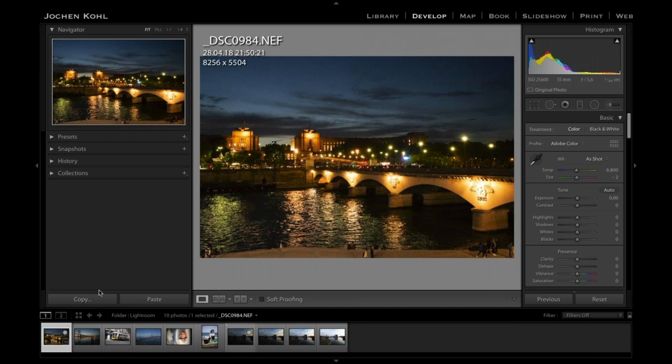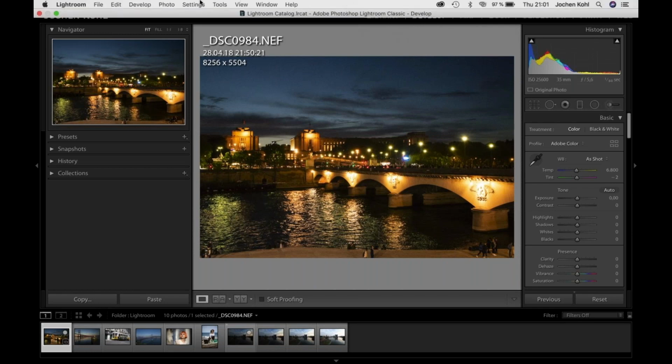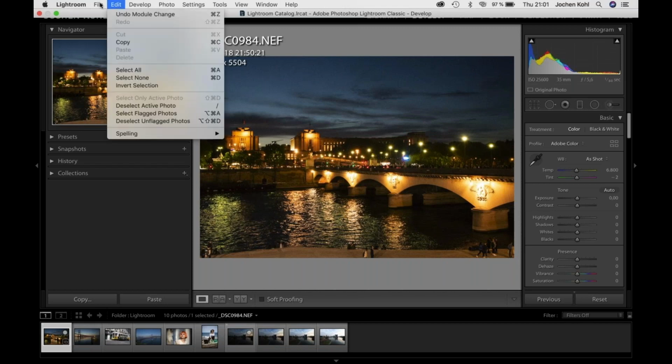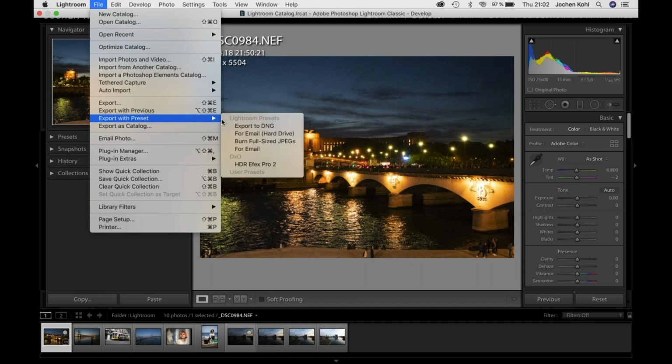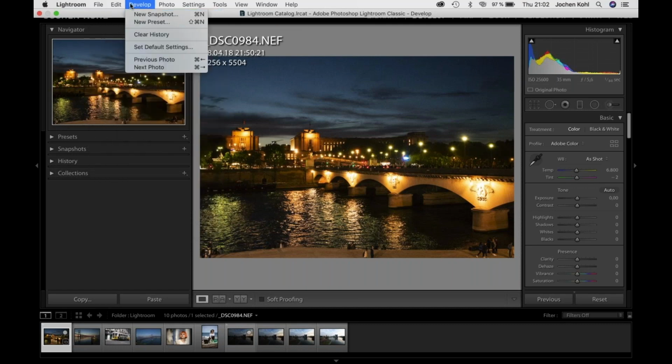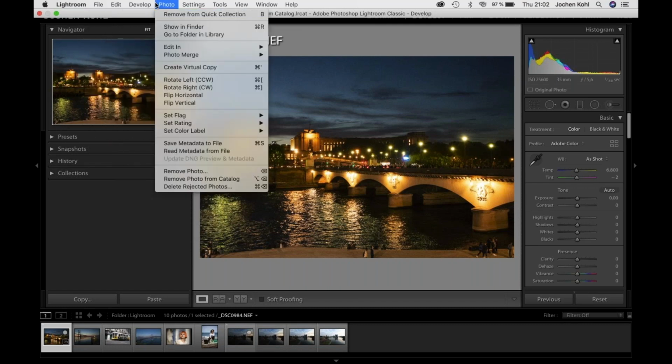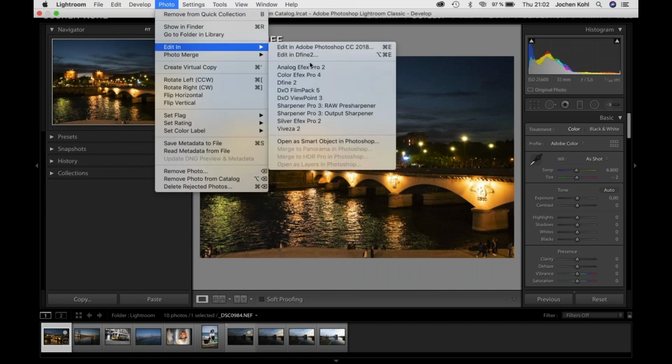After you decide on an image and you choose one, up here in your toolbar from Lightroom you've got the way to Edit, File, and if you start with the HDR effects, we will see later on, it's an export with presets. So only here you will find the HDR Efex Pro 2. And if you slowly go through here, you will then find, of course, the Edit In on the Photo menu, where you can reach the other Nik filters: Analog Efex Pro 2, Color Efex Pro 4, Dfine 2, the Sharpener Pro, the raw pre-sharpener,